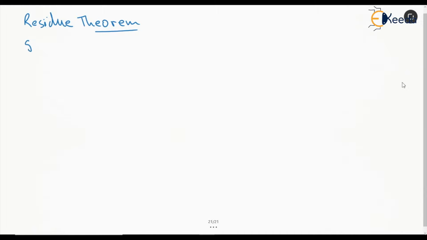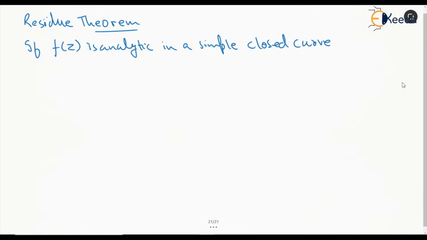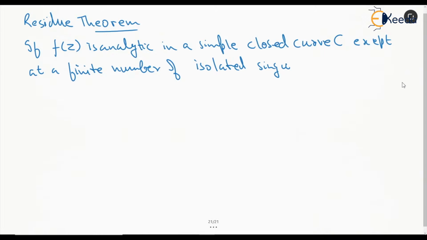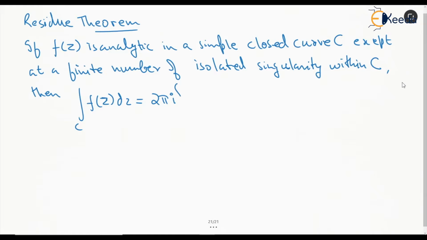It says if f of z is analytic in a simple closed curve C except at a finite number of isolated singularity within C, then the integration of f of z dz for the closed path is given as 2 pi i sum of